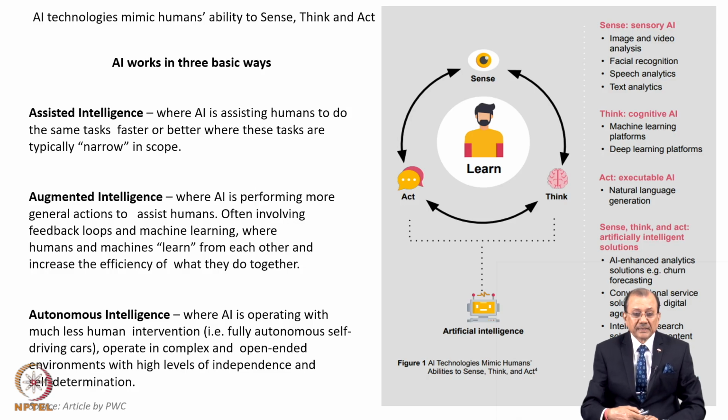Now with this context, if you would like to revisit the functional part of artificial intelligence, I would like to define it in three categories. One is the role of AI as an assistant, where AI is assisting humans. As we have seen in that video, AI was assisting the workers to identify the faults.